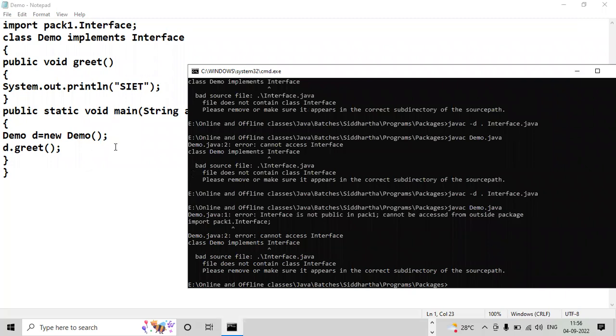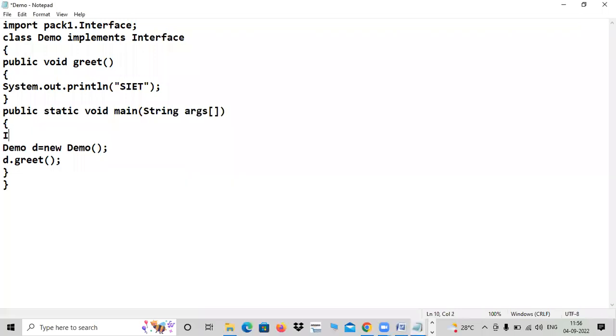We need to create a reference to the interface, I think. We need to create a reference to the interface? Not really required. Directly you can access that. No issue. That is not at all an issue. I can try like that also, but it is not an issue. In the last class also a problem came, I solved that. But again, I forgot how I solved.